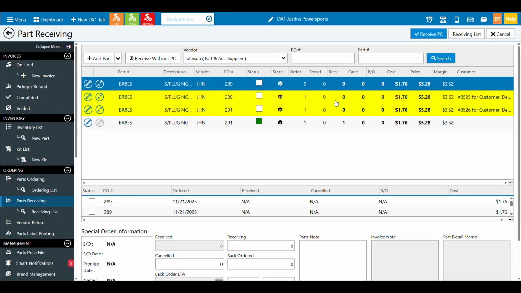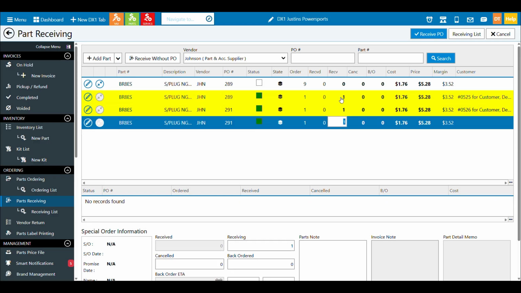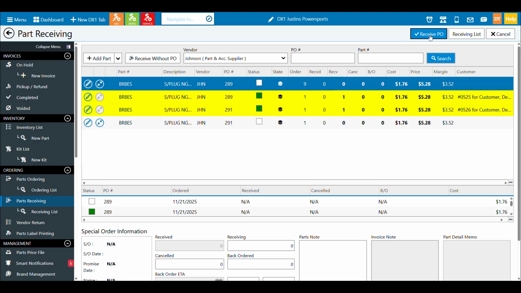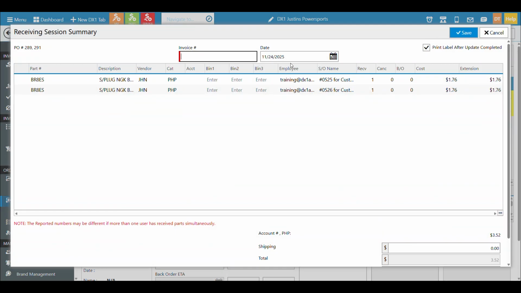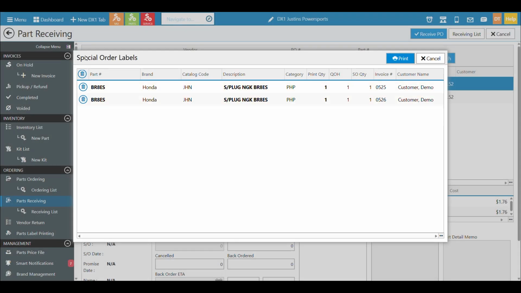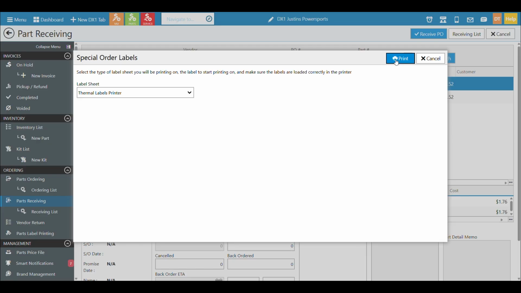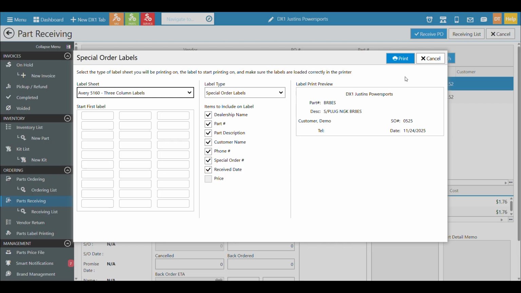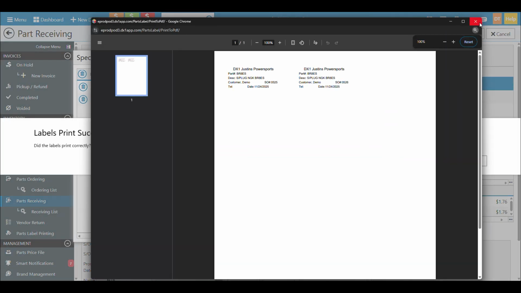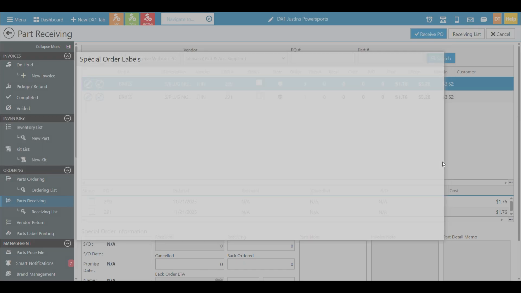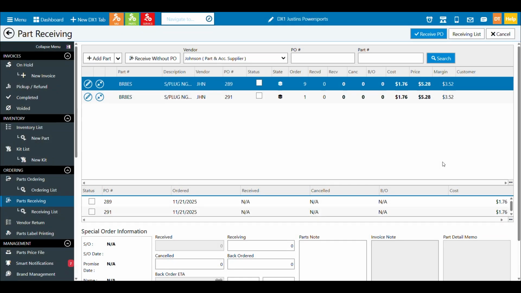Let's see if we have some special order parts here. Let's go ahead and do that now, and we'll hit receive PO. We can see here when we put in our invoice number, same print labels, hit save. In this case, it's our special order labels for our customer. We probably only want to print one, but if we had multiple quantities where we wanted to print multiple labels, we could do that here. Otherwise, we'll hit print. Again, we'll select our process. I can configure how I want it, hit print, it opens, I print those out, and I can say yes. So that's the first part of the process in printing labels for items when you're actually in receiving.